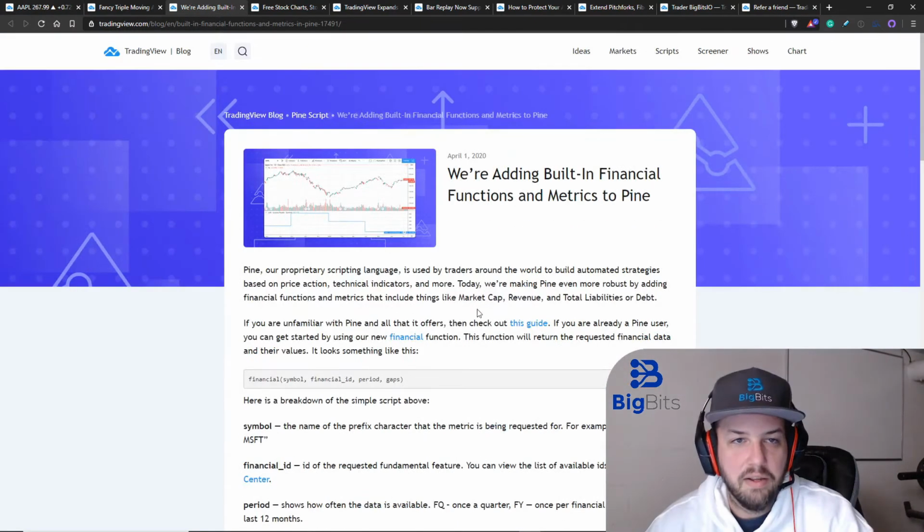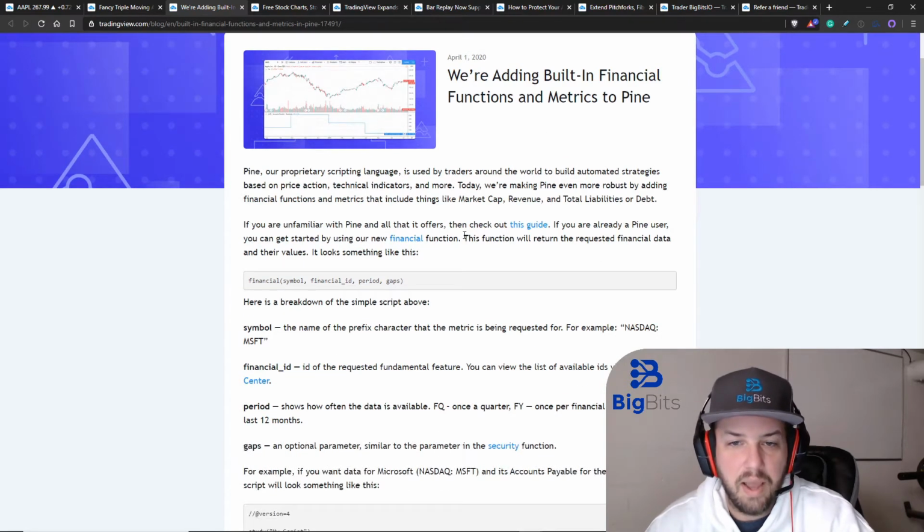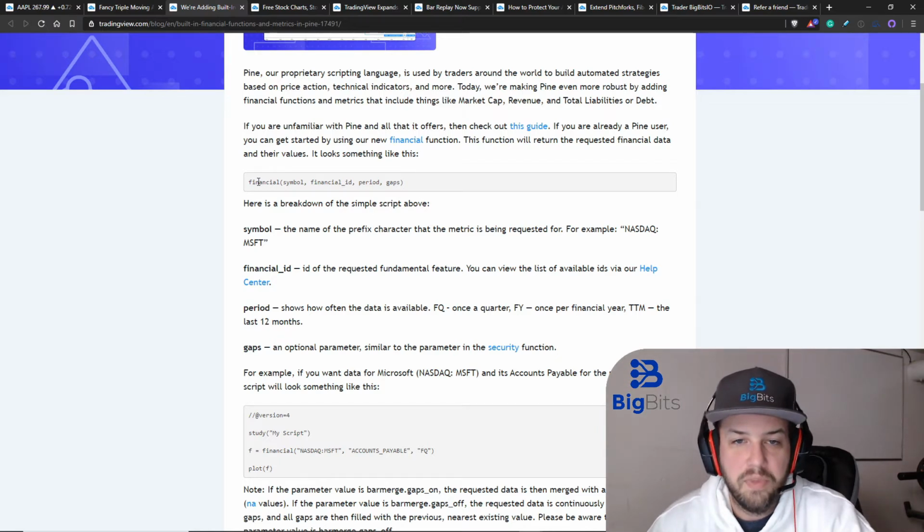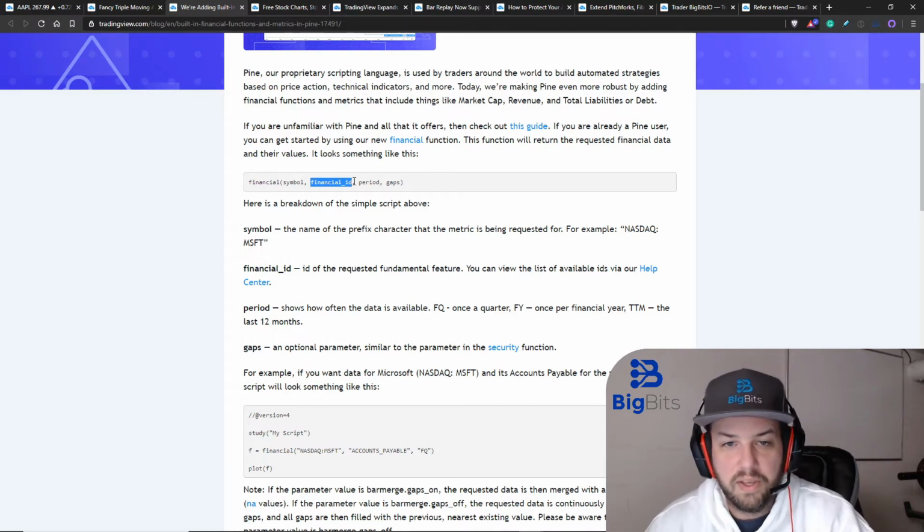They have added, and you can find this in their blog, financial functions and metrics into Pine. They have a whole guide on how to do this, but essentially they've just added a new function called financial, and you can pass in the symbol that you're working with and the financial ID. Those are the most important things that you need to know,